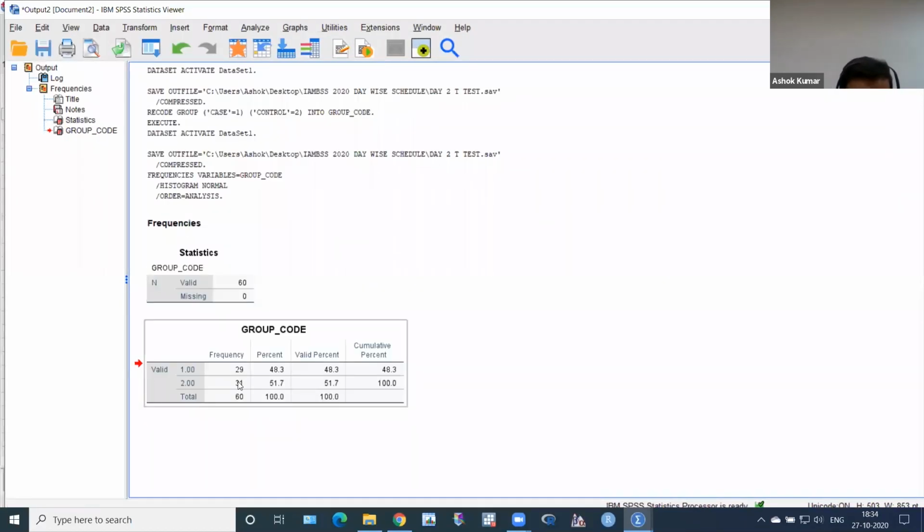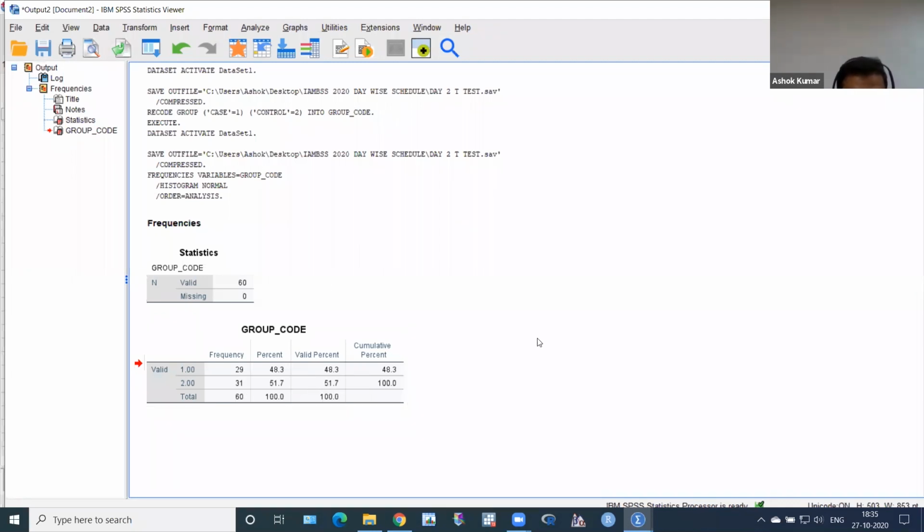You can see here 1 and 2, 29. 29 is case and 31 is control. And this is with the percentage. And please remember, every time you believe in this valid percentage, never believe in the percentage. Why? Because if you have missing values, the missing values come here as well. How many missing values? Suppose 8. And this percentage distribution is according to this, including these 8. So this is not a valid percentage. So please, to avoid this confusion, always take valid percentage.